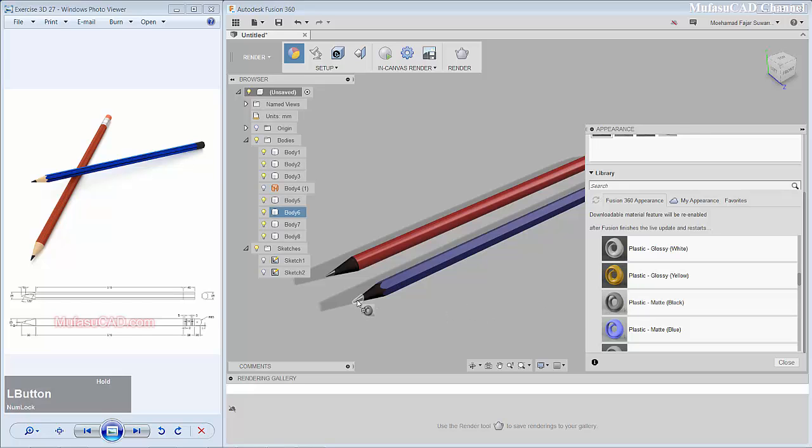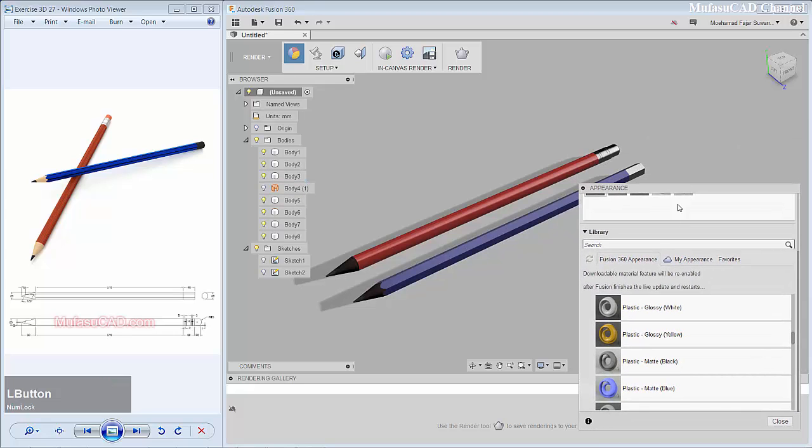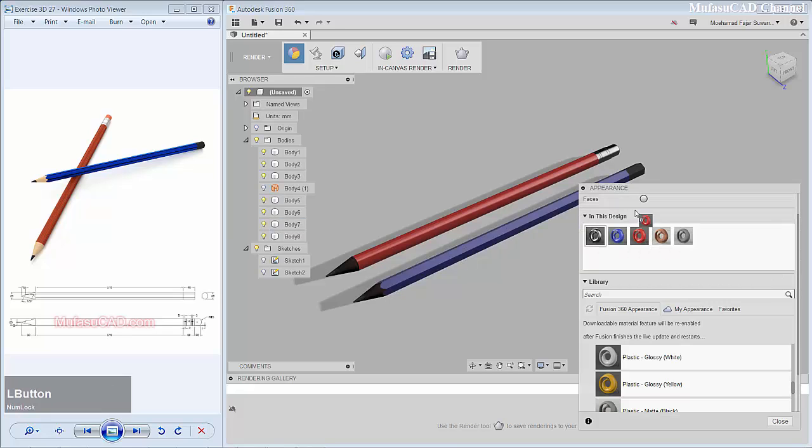Can select this object and move to this object. Okay, the last I will move into this object. Okay, I will move to the top here and give this material into this object, red.